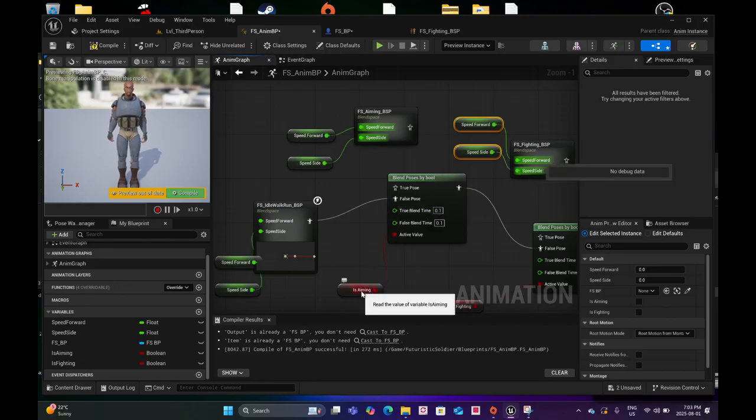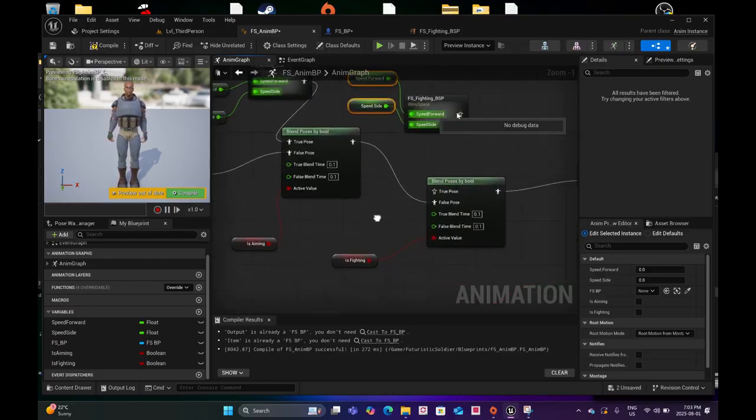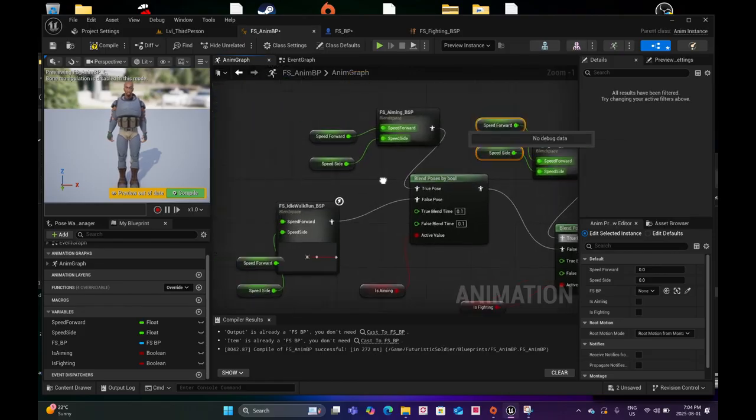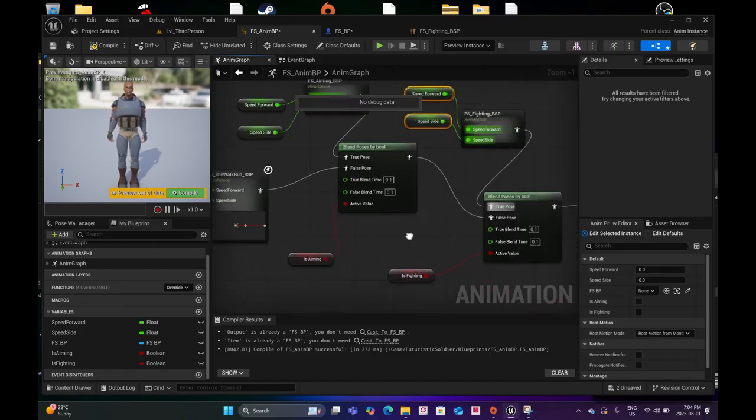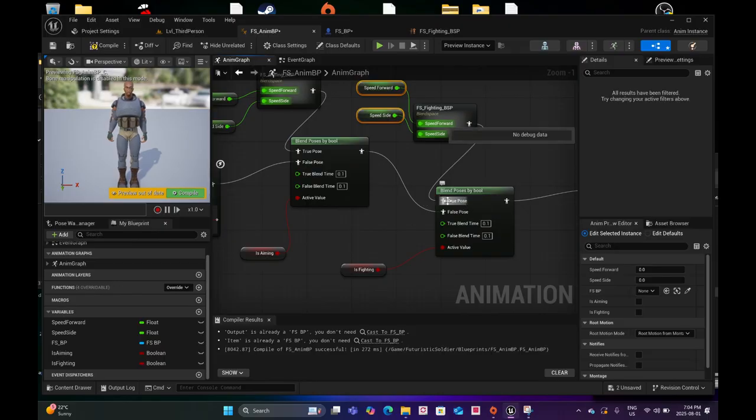So say if this is aiming happens to be true, then this one passes through, and then this one gets blocked. If is fighting happens to be true, then this fighting BSP passes through, and anything that came before that, whether it's this aiming BSP or the idle blocks run BSP, both of these get blocked. So whatever's in this true thing is the only thing that passes through. Okay, so hopefully that makes sense. I'm gonna compile that,